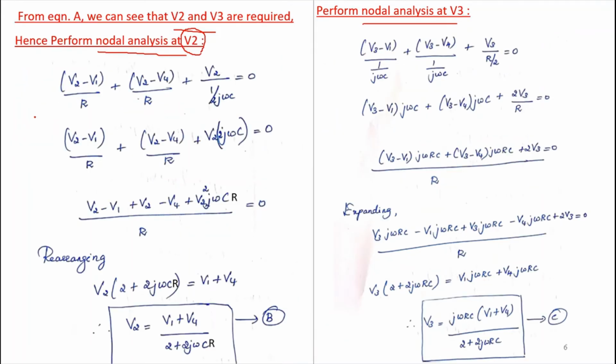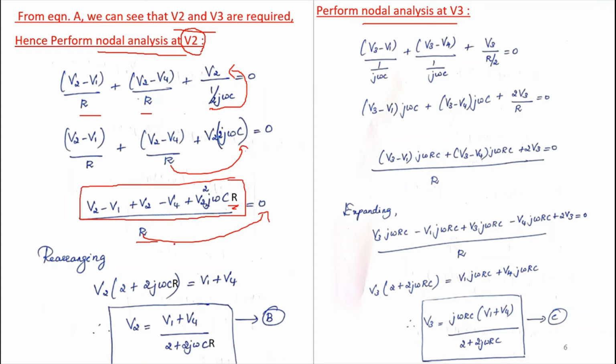So this is the equation. V2 minus V1 divided by R, V2 minus V4 divided by R, plus V2 divided by 1 divided by 2j omega c. This 2 is over here. Now I just bring this term to my numerator. That is the next step. So if I bring it to the numerator, you will have this value as V2 into 2j omega c. Then you take the common LCM, that is R, so this R is over here. Then again you bring this R to the right hand side. So now you'll just have the numerator term equal to 0. That will be your new equation if you bring the denominator term R to the right hand side.